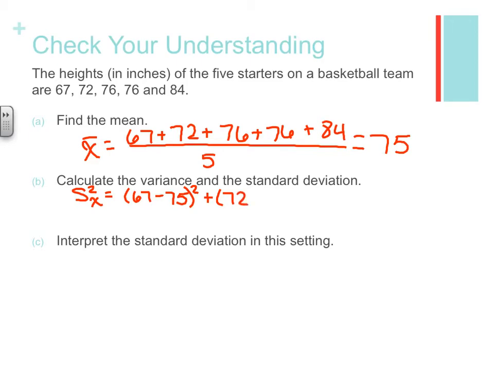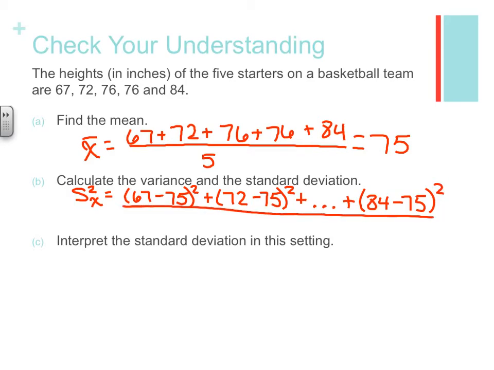So 72 minus the 75 average squared plus the same thing plus your fourth observation plus the last observation minus your mean squared, and you're going to put all of that over n minus 1. So that would be 5 observations minus 1. Okay, so the whole top is going to get you 156 over 4 to give you a variance of 39